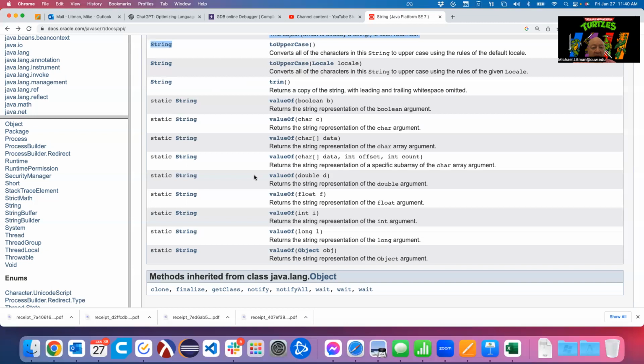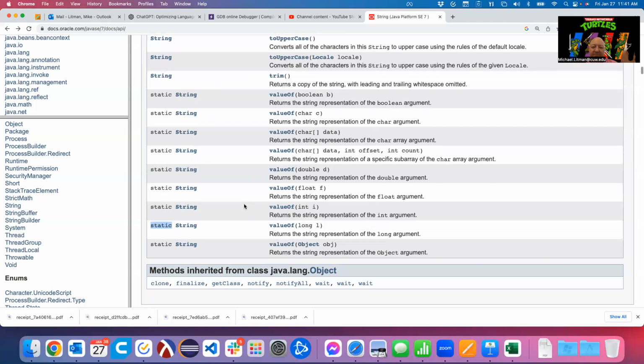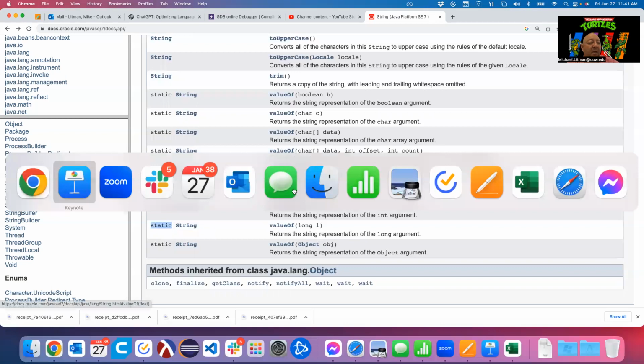We call valueOf, and this one requires a long, and we call that using the string class itself, String.valueOf. We can pass it a big number and it'll give us the string version of that. We never use that because we would just do it with concatenation. All right, and we will drill that home, what I just said. That was just the quick, out loud outline version of it.